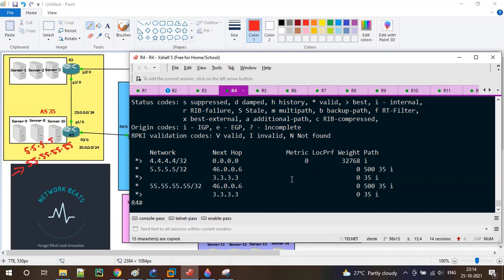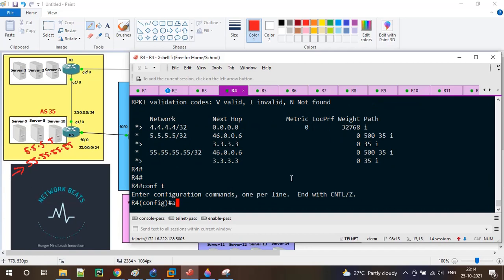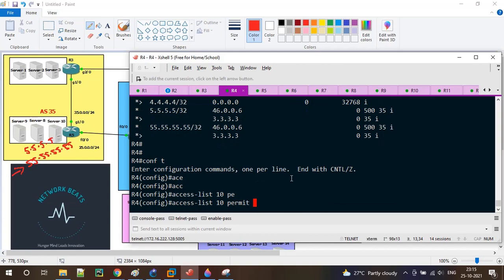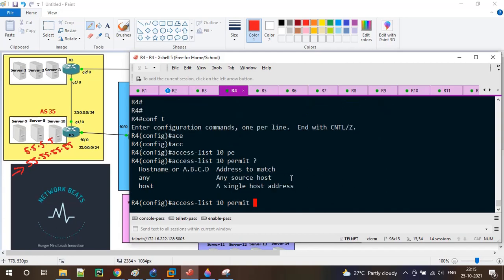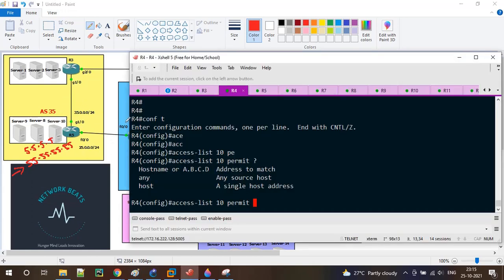Here I'm going to create a standard access list with the value 10, and I'm going to permit a source host. Why a source? Understand the flow. You may be confused about whether to use a standard or an extended access list.